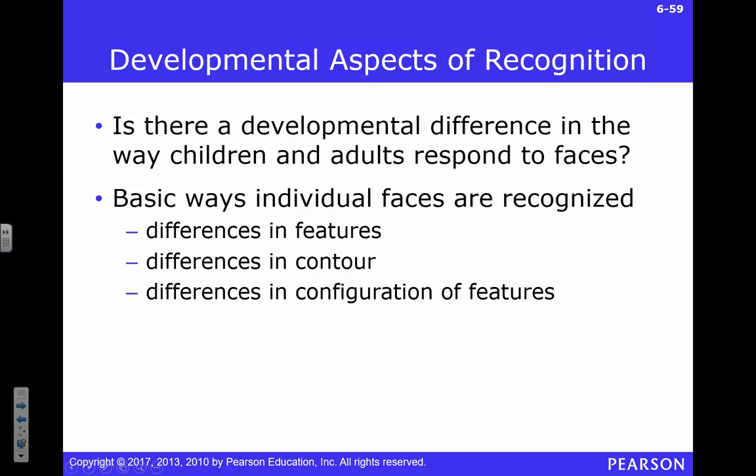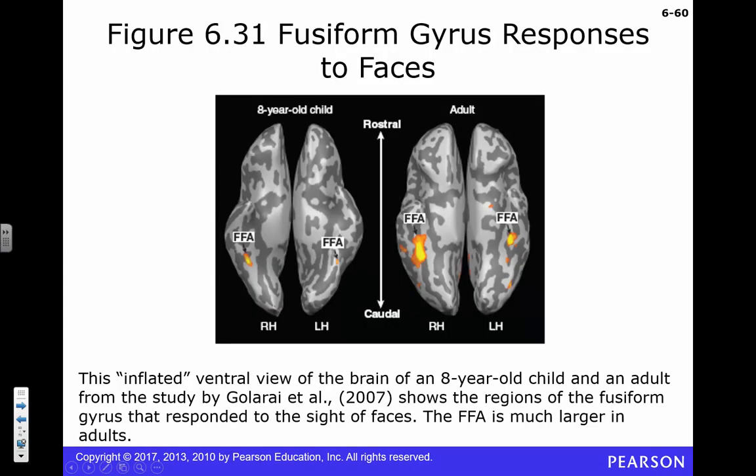The other cool thing about the fusiform face area is it actually changes over the course of development, right? How many of you were once like 7 years old? I'm assuming most of you were 7 years old at one time in your life. At that time in your life, how many faces had you seen compared to how many faces you've seen now? The correct answer is not as many, right? Doesn't really matter, like an actual number, but not as many. So if you're a child, you've seen fewer faces than adults, right? As adults, we've seen a considerable number more faces than children.